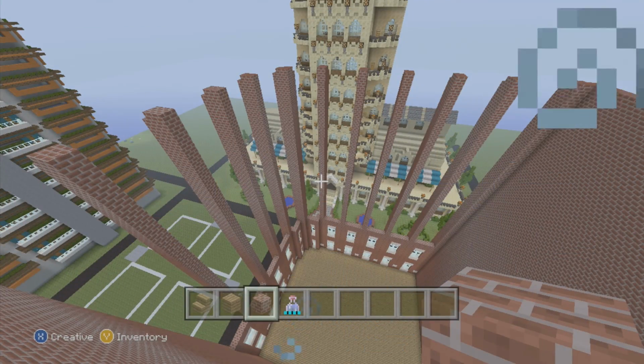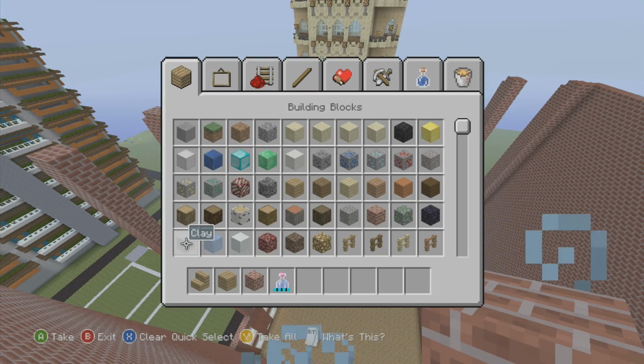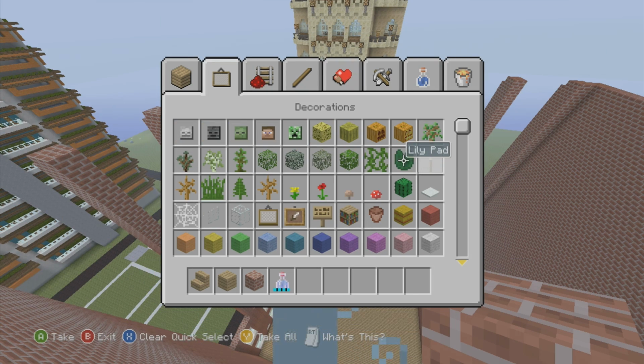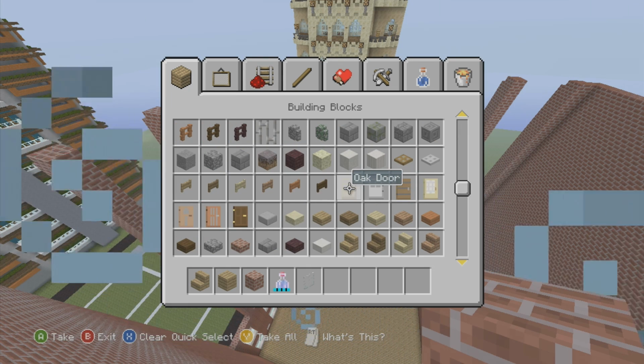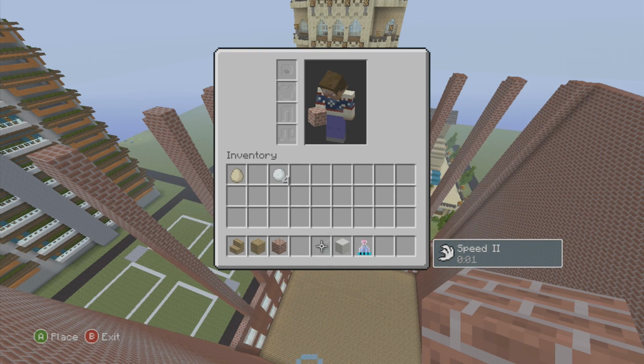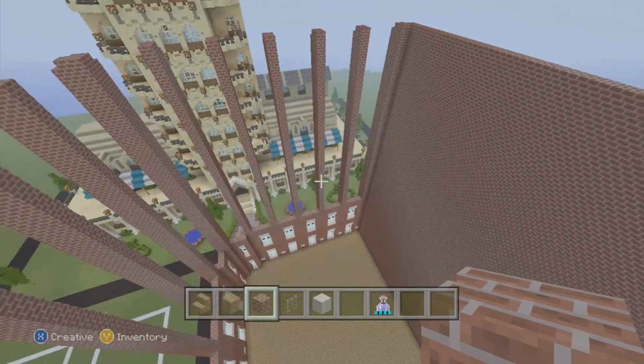Okay guys, so we are back, and the next thing that we are going to need is, we're going to need some, where are they? We're going to need some glass panes. We're going to need, where is it? Pillared quartz block, and we're going to need some brick. So this part we are going to have to do,